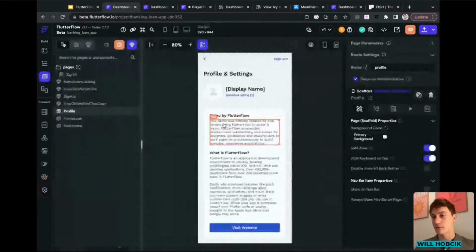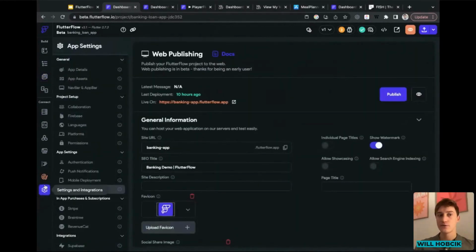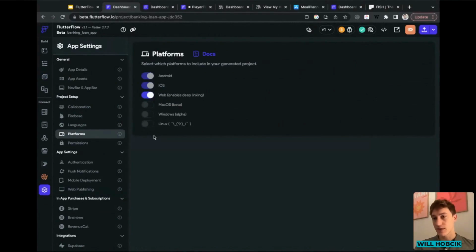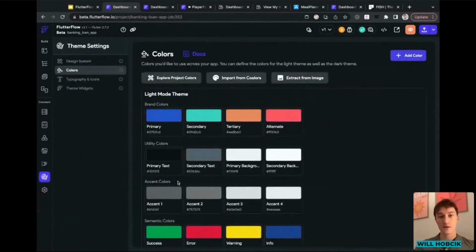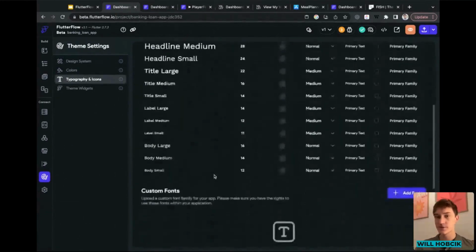Oh, and one of the powerful things about FlutterFlow, what I want to highlight, one of the key features given this example, right? I'm based out of the US. I'm based out of New York. FlutterFlow allows you, among all its other tools, from quickly switching through platforms to easily changing your full theme settings with colors, with text, design systems.